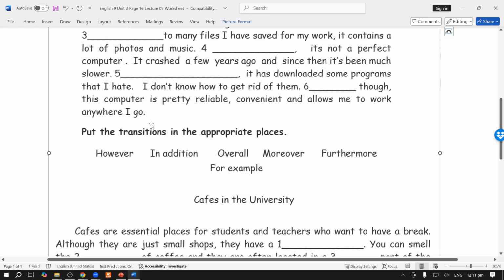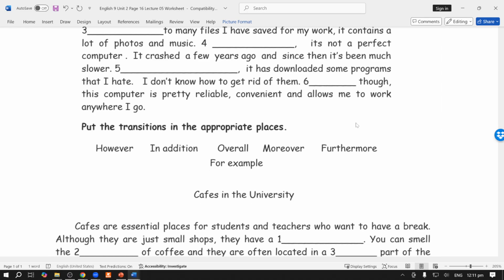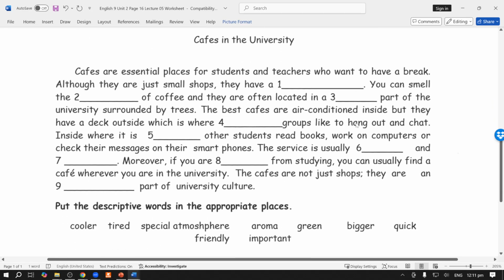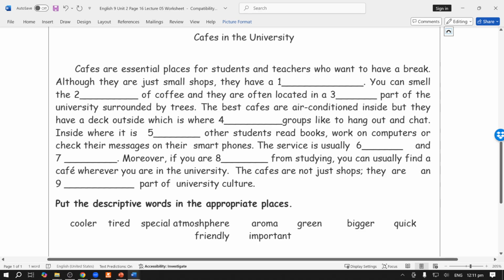So this is a descriptive paragraph. This is how descriptive writing goes. In the descriptive paragraph, you can describe some object, some personality, some place, something. You can also describe some emotion as well. So here we have another example, and I ask the teachers, kindly let the students read this example and insert the descriptive words. Now we don't have to put the transition words. We have to put the descriptive words.